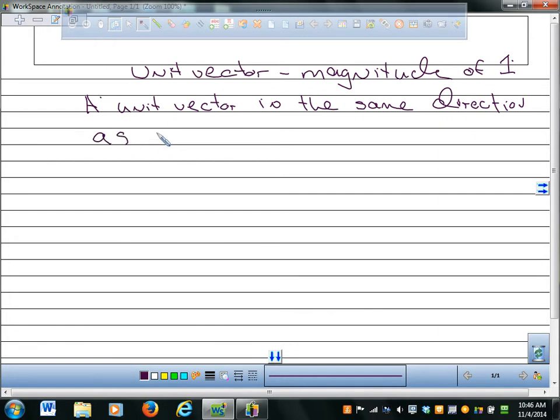As v is given by vector v divided by the magnitude of v. I'll show you what I mean with an example. If you have a vector v equals the vector that is back 1 and up 4, find the unit vector